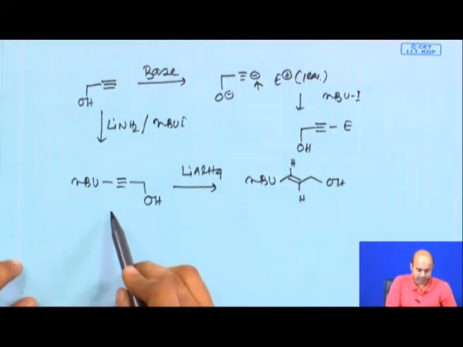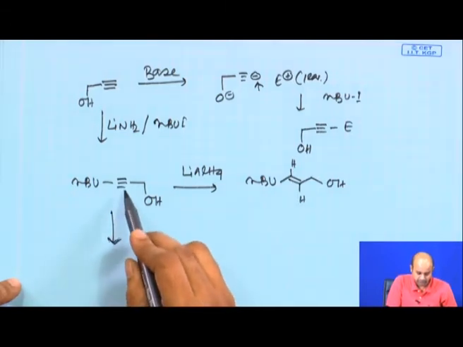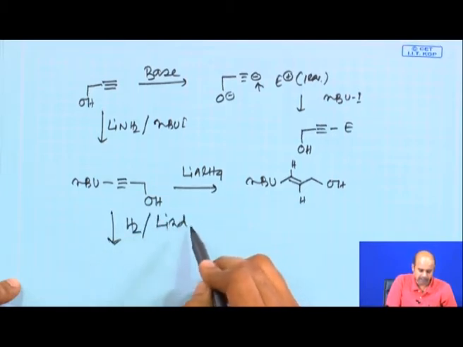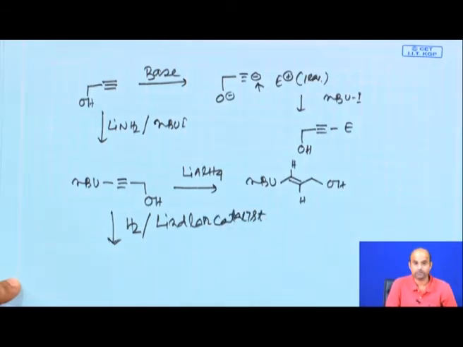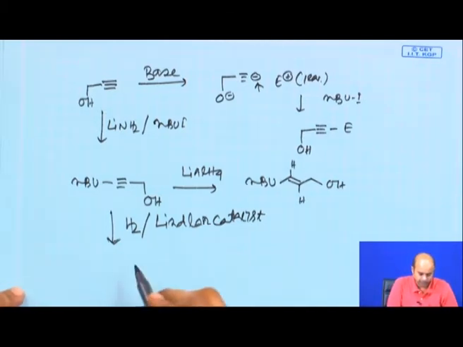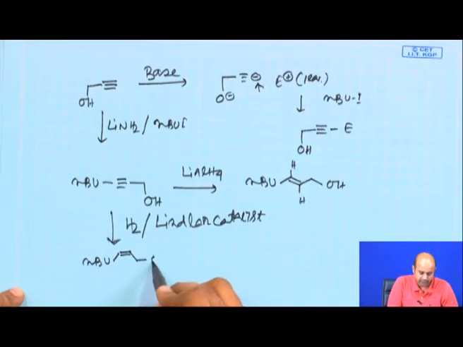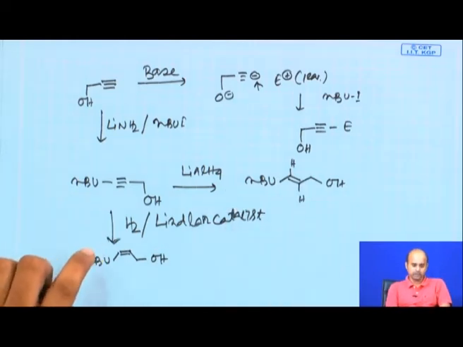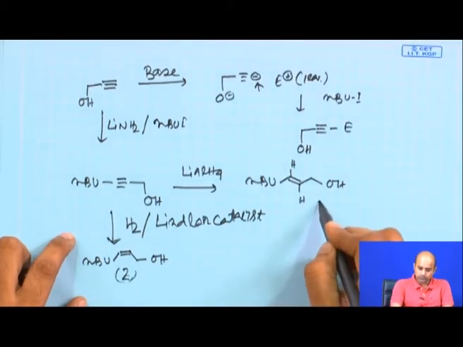Now, I did not talk about potentially other problems. Say if we use this as a starting material and do a hydrogenation with Lindlar catalyst conditions. Lindlar catalyst is a very useful catalyst, basically palladium on calcium carbonate, poisoned, and this particular condition will give you a cis or Z double bond. So, based on the particular reagent which you use, you can choose either Z or you can choose E.